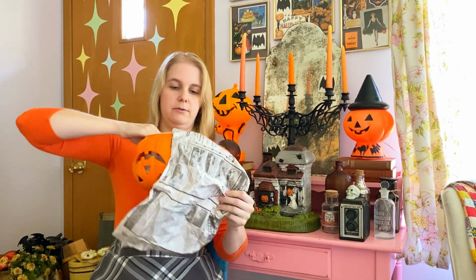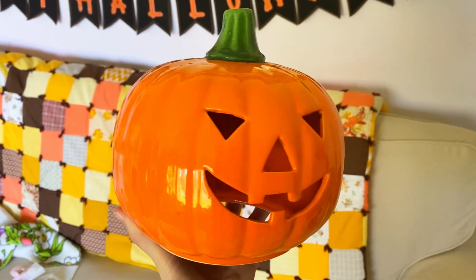Okay, let's see what this one is. So this is a little tip that I do for storing items: I store items inside items. Okay, so these are some ceramic pumpkins that I have, some jack-o'-lanterns. I have this size, and then this is my biggest one, and then I have one that's an in-between size, and I love decorating in threes, so I especially love that I have 3 of these. These ones don't have lights, so I take little LED tea lights or little candles, and I stick them underneath,